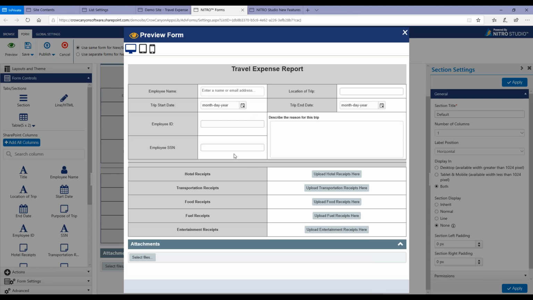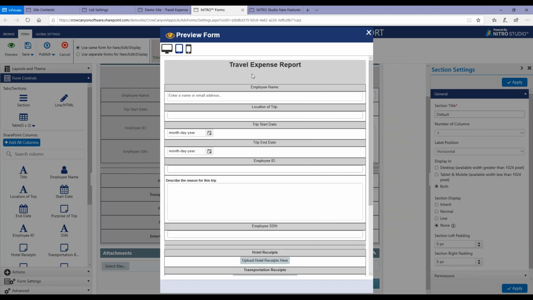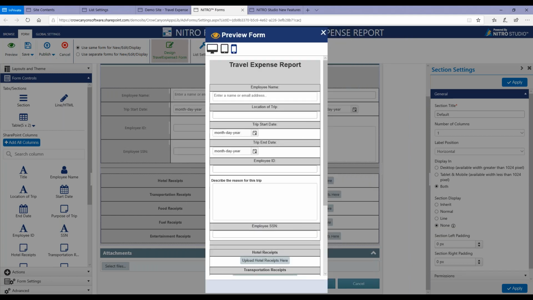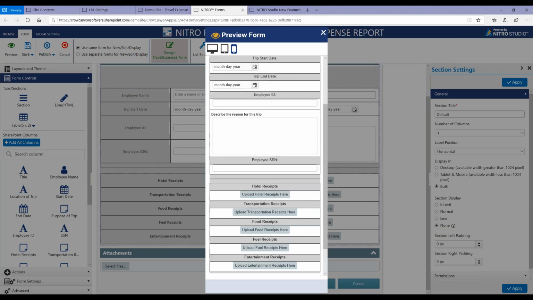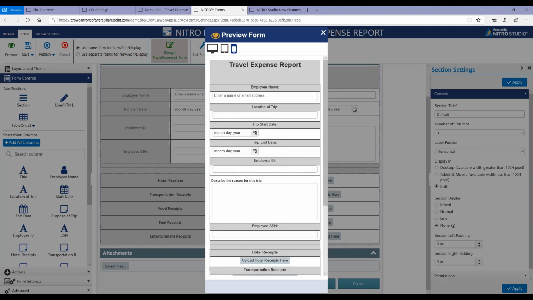And so that looks a lot nicer. Now, the other thing here is that we have different devices that are going to be looking at this form. We could have desktops. We could also have tablets. So the preview option also gives you a way to look at the form in a tablet view. So you can see it's got a more vertical layout, and then the mobile view is going to be the same thing, just a little less width,